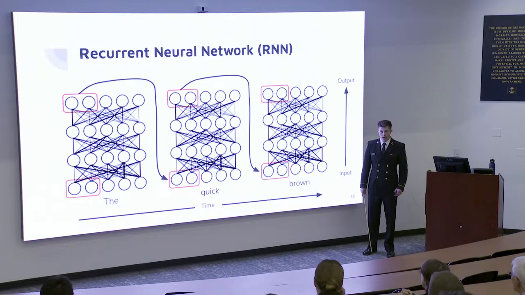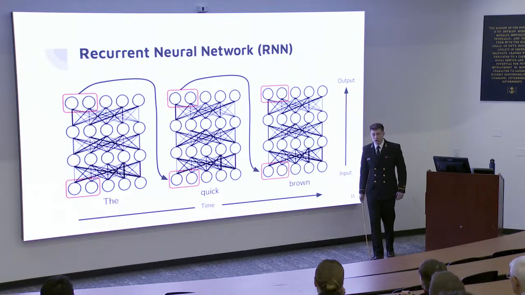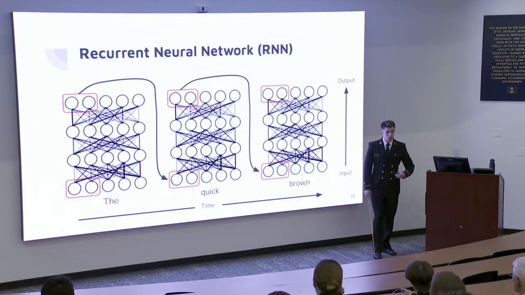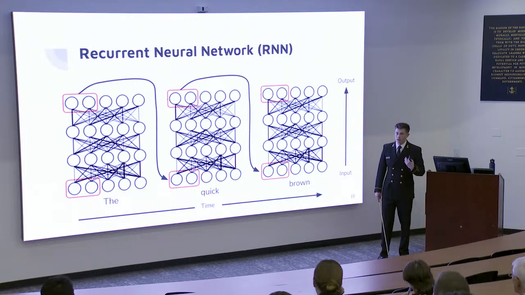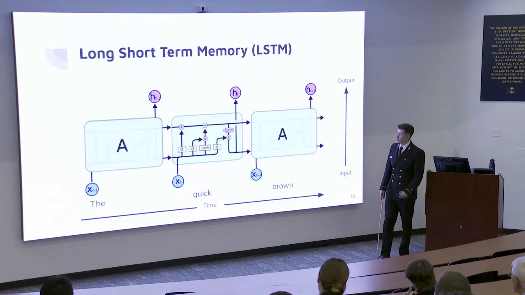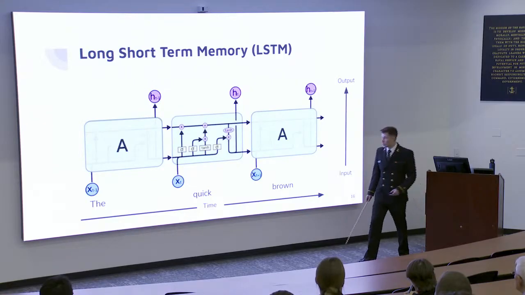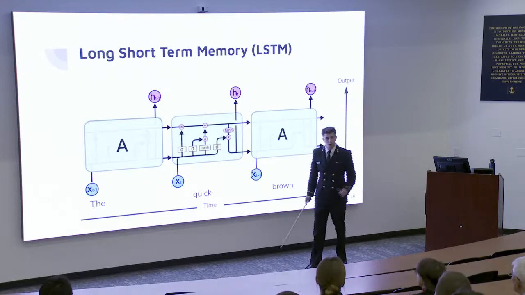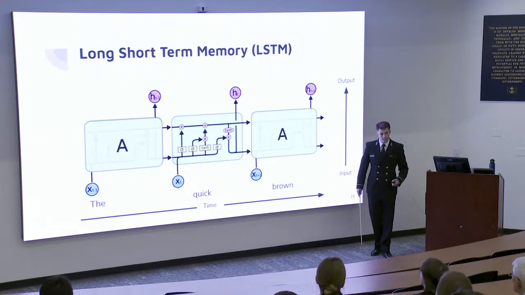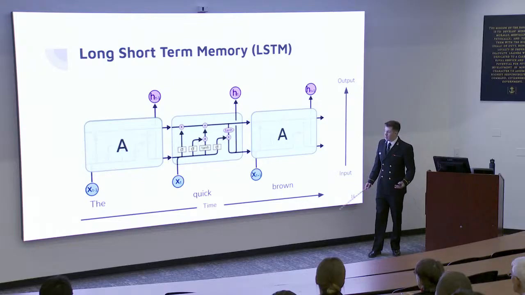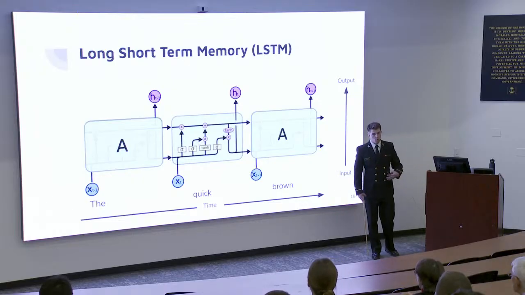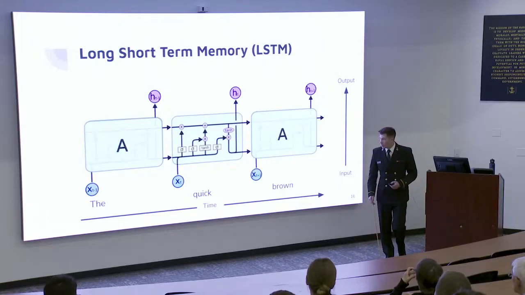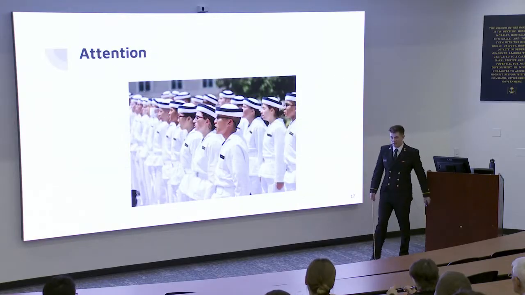The recurrent neural network's memory, however, is very volatile and unstable because it has to be fully recomputed at every single time step. To make this model more stable, to make it better at long-term dependencies, the long short-term memory network, or LSTM, utilizes a consistent memory which is operated on by gates rather than fully being recomputed every single time step. However, the LSTM can still struggle with very long-term dependencies or very complex environments because it still has a limited size memory. And so attention was invented.